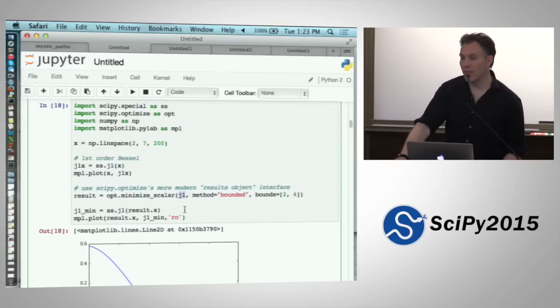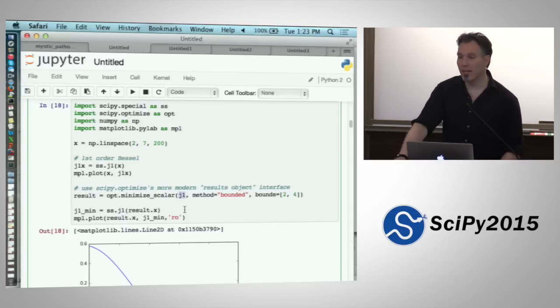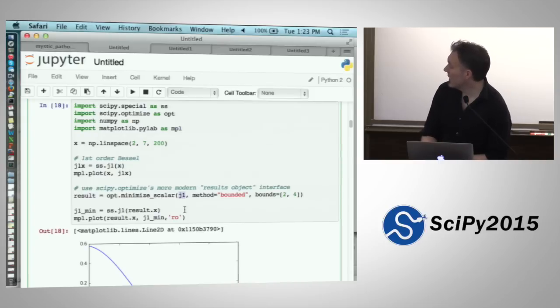All sorts of cryptic three and four letter things are returned on a result object, number of gradient, and number of ndev, I believe, is the number of gradient evaluations. There's Hessian evaluations, et cetera, that you can see on the result object that give you a little bit more analysis. Sometimes they'll be empty if your optimizer doesn't use that type of construct. So if it's not a gradient optimizer, you'll get none for that. But here we get our result back,